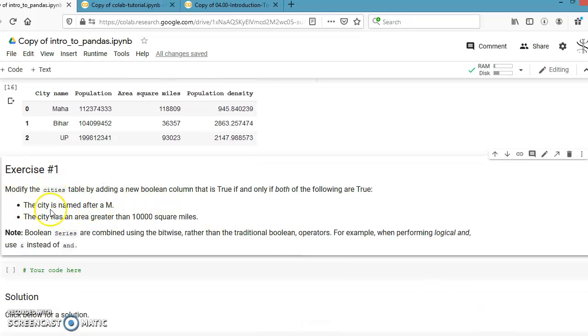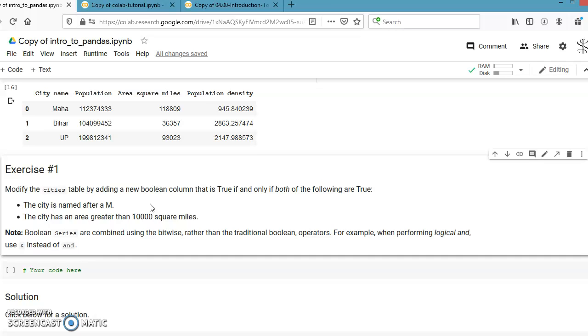Next, we want to solve one question: modify the cities table by adding a new boolean column that is true if and only if both of the following are true. Means we simply want to satisfy two conditions. One is the city is named after a saint, or starting with M, and the city has an area greater than 10,000 square miles.